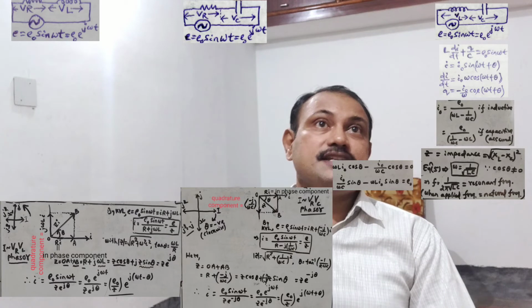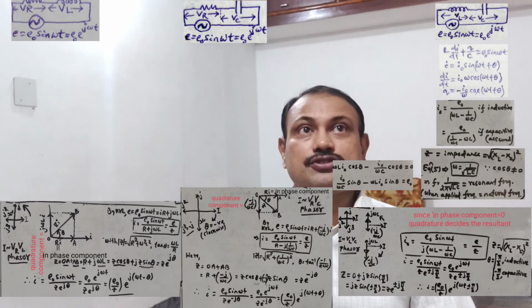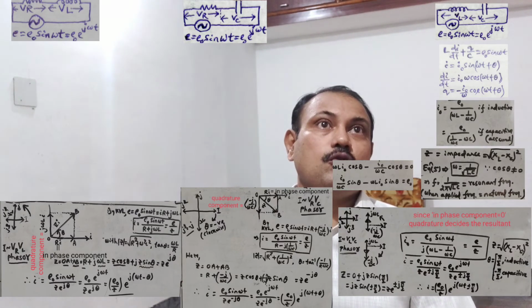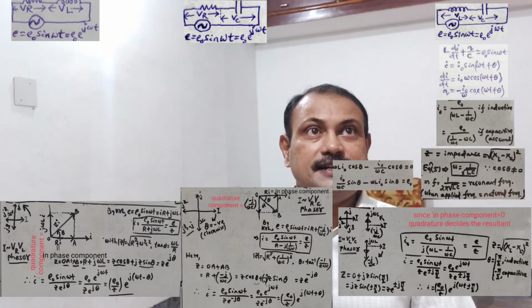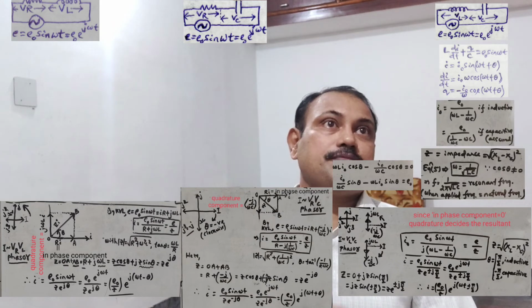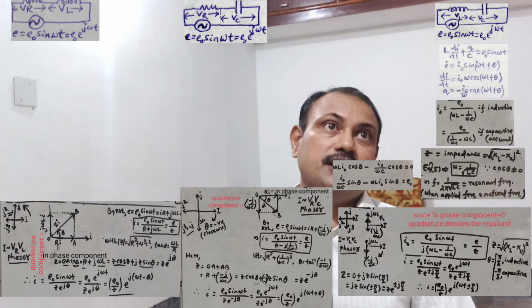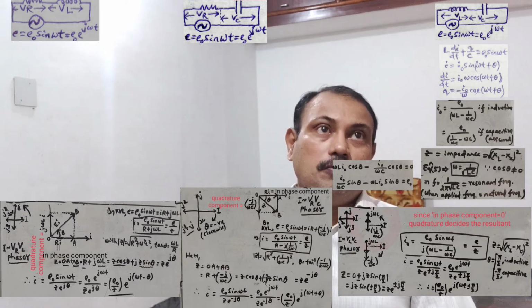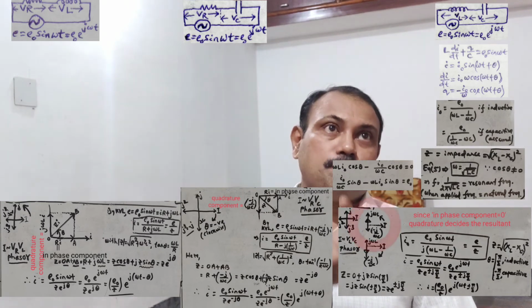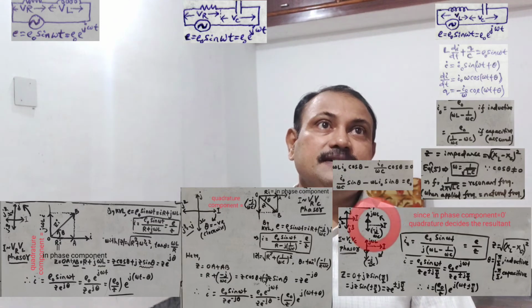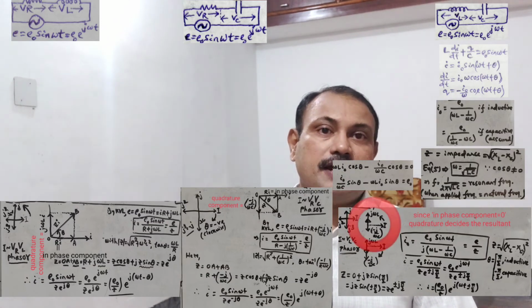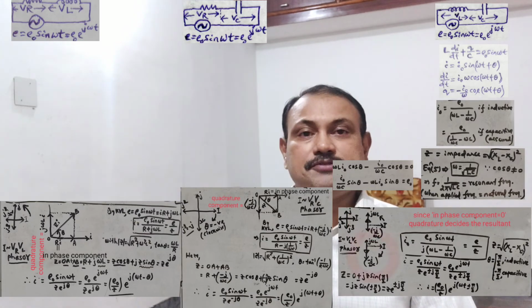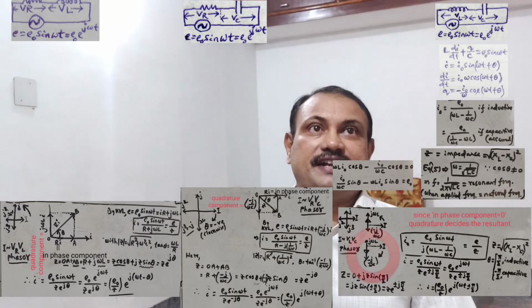Now, in the phasor analysis, we can write I0 equal to E0 sin omega t by j times (omega L minus 1 upon omega C), which is equal to E by Z, and Z is equal to the square root of (XL minus XC) whole squared. Here, your theta is equal to pi by 2 or minus pi by 2. If it is plus pi by 2, then it is an inductive circuit that lies in the first quadrant, and if theta is minus pi by 2, then it is a capacitive circuit which lies in the fourth quadrant in